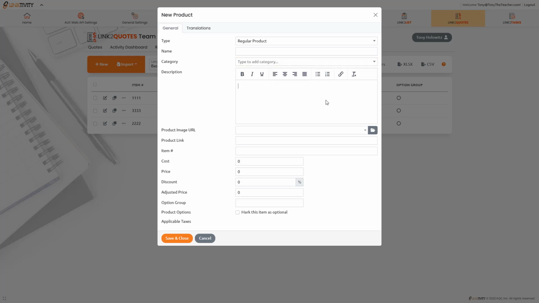Here in this box, we can put in a description. Here, we can put in a product image URL. And sometimes this can be a little confusing to people because of the way this can work. So what I want to describe to you is when you have a product image URL, you might not be aware of this fact. So I want to illustrate something to you. I'm going to show you